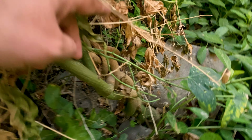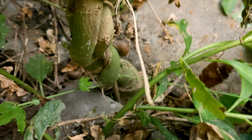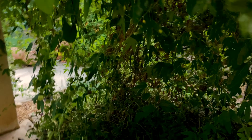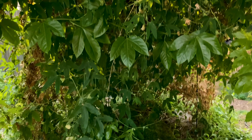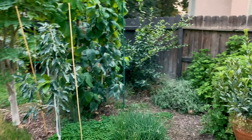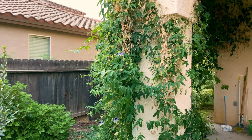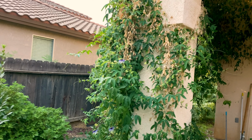The bark is starting to turn brown and wrinkly, like it's drying out, no matter how much. Look how big the base is. Yeah, there's a snail right there. Oh well. The base is as big as my wrist. And I've grown these plants before. They only last about 5 years and they start dying off. So that might have been in its 4th year, and it's going to die off next year, let's say. Because I bought it as a pretty large plant, it might have already been 2 to 3 years old. So the problem is,